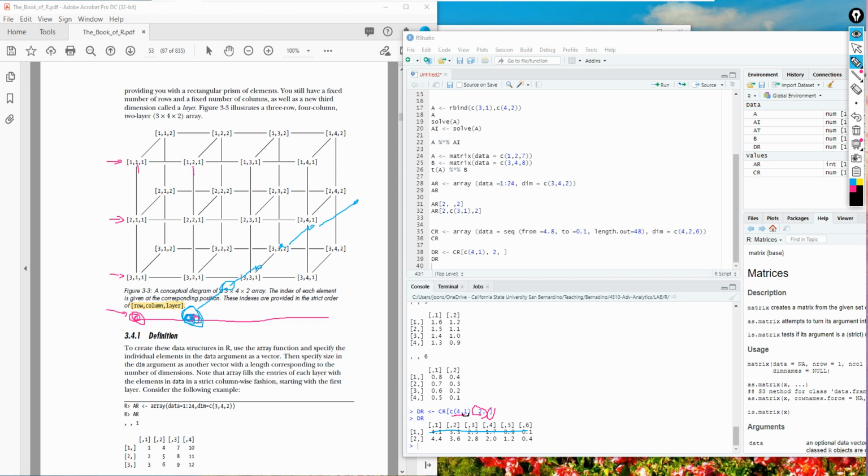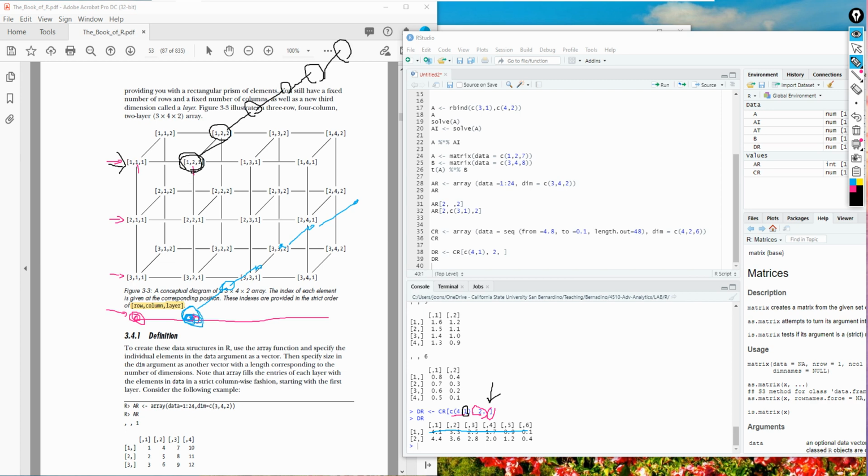Now let's look at the first row. This is the first row, and then the second column. But how many layers? There are 6 layers, so this is the first one, and then the second, third, fourth, fifth, and sixth.